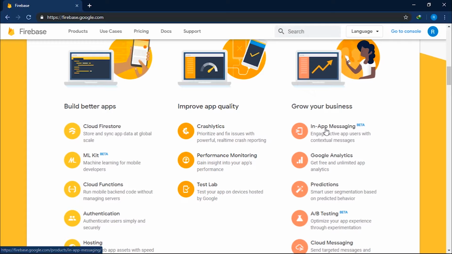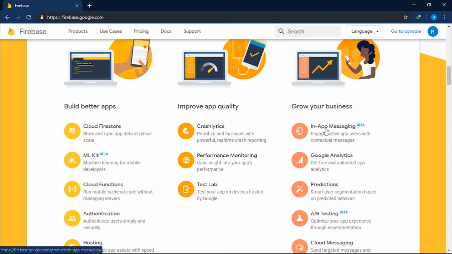So, moving on to predictions. Now suppose you have some features and you want to predict what kind of users are going to use them. Then the premium machine learning services provided by Google are provided to you through Firebase Predictions. It automatically creates a machine learning infrastructure in the backend services provided by Google Cloud, on which you can run your models. You can customize these machine learning models by adding parameters to them, so that you can predict what kind of engagement users will have with certain kinds of features, with certain kinds of metrics. So this is about smart user segmentation based on predicted behavior.